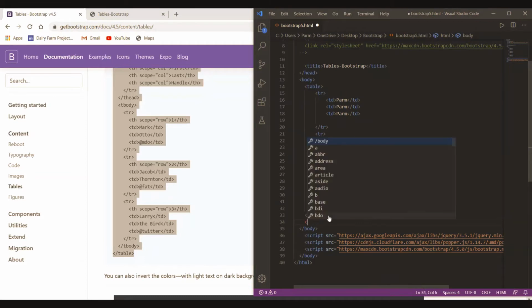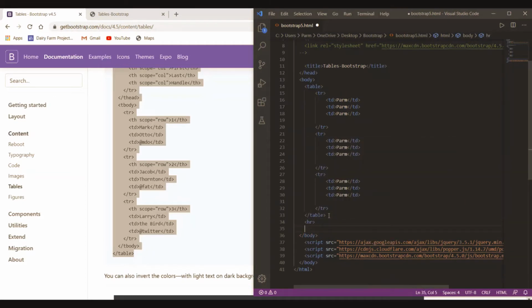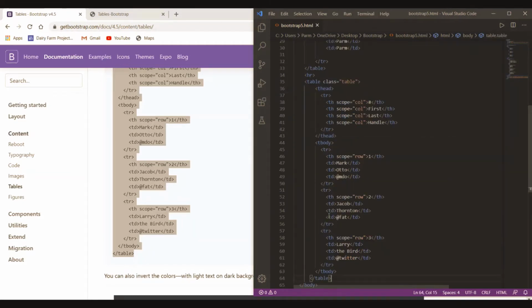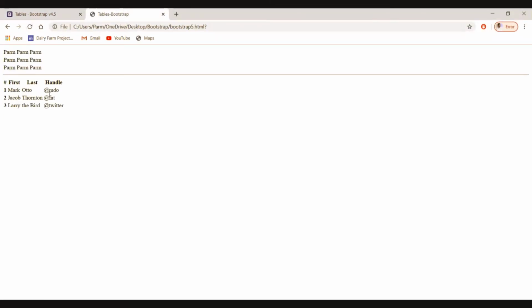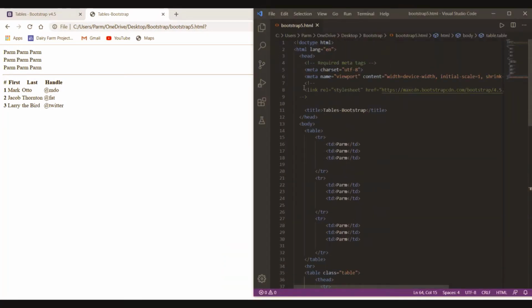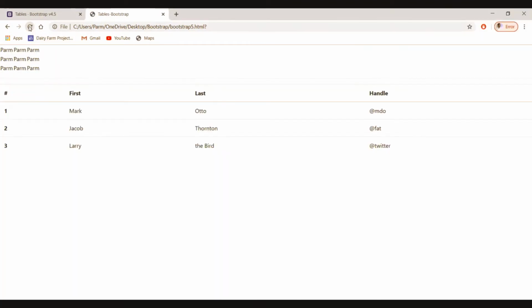Before that we will put a horizontal line over there. Control S, and here we refresh it. Look, this is a very simple table without any CSS over here, as we have applied this table even from Bootstrap, but we have commented our CSS file here. So we just remove the comment entry from here and save the changes and refresh it here.